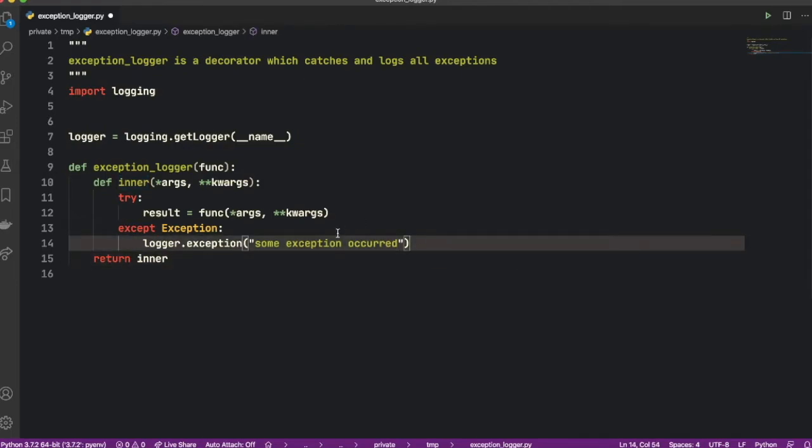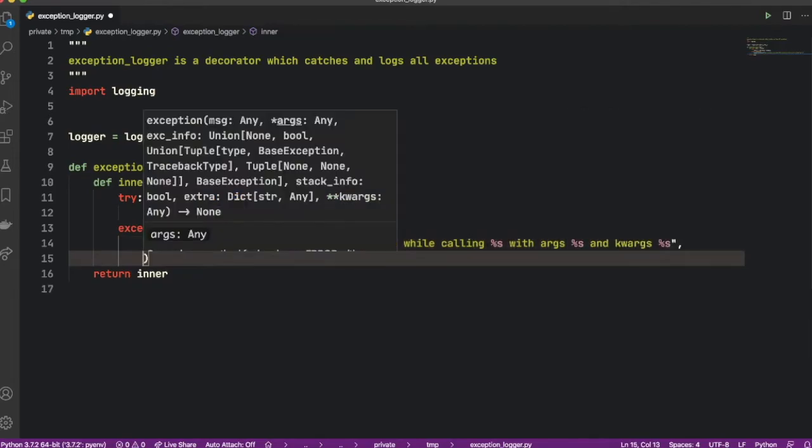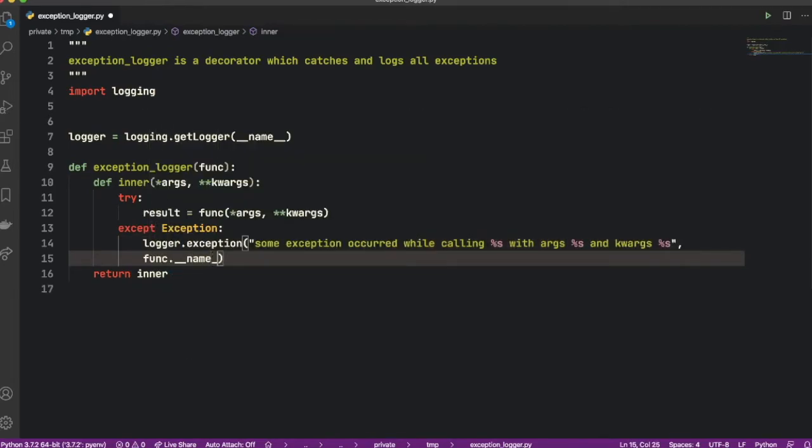Here we might want to add some more information: some exception occurred while calling the function with what are the args and what are the keyword args. So let me add them. When we do func dot underscore underscore name underscore underscore, it will give the function's name, and args,